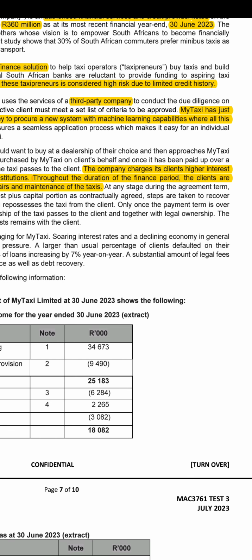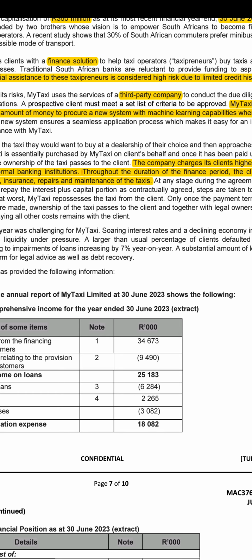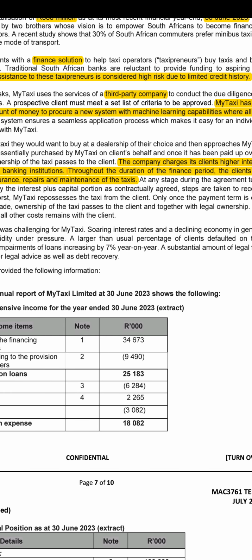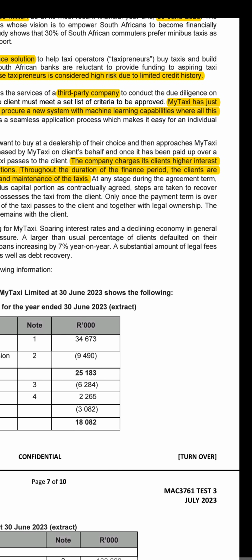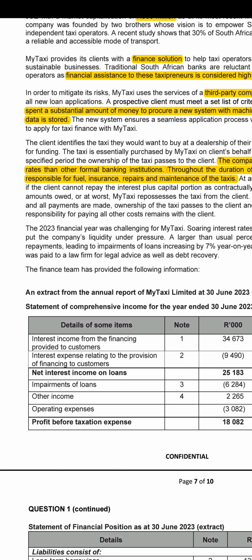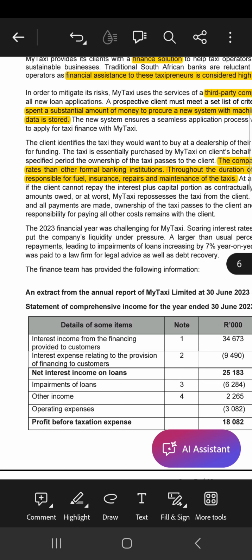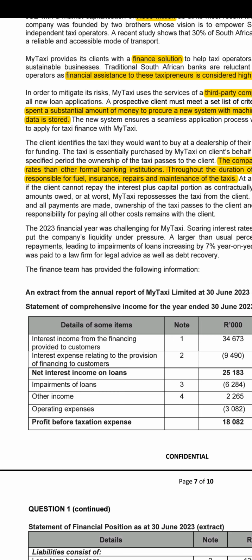I guess that's a little bit redundant if you ask me. But it's basically self-explanatory on that one, right? The responsibility for paying all other costs remains with the client. That ties in there again to what we were looking at over here, right? So that's fine. That's not too complicated to break down. That's actually quite simple to break down, I would feel. I don't think that's a very complicated